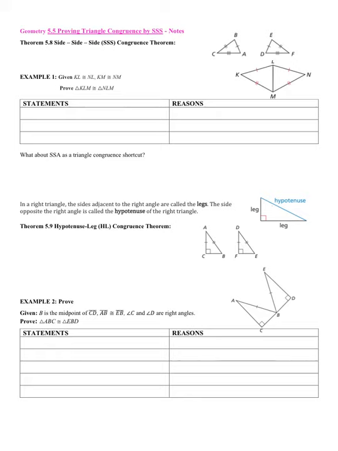Hello, geometry. So here we are continuing with our shortcuts for proving triangles are congruent. We're going to get two shortcuts today. The first one is going to be our side, side, side. If you know that the corresponding sides altogether of the two triangles are congruent, then we know the two triangles are congruent. So the way we would say that is if three corresponding sides